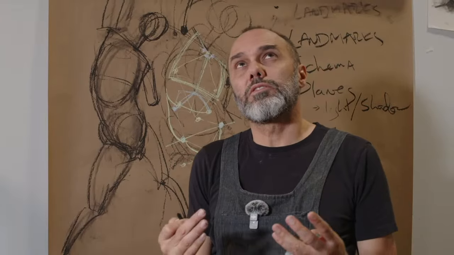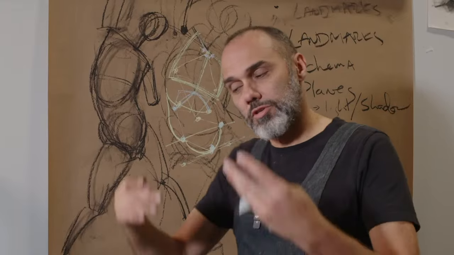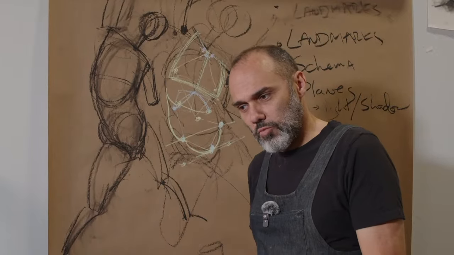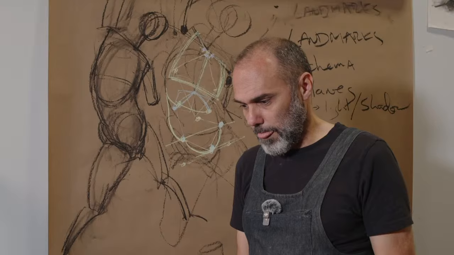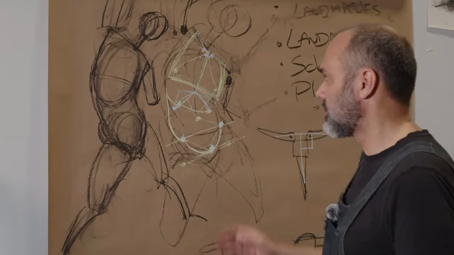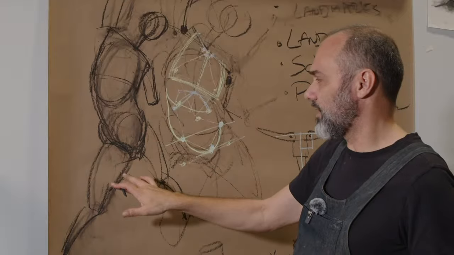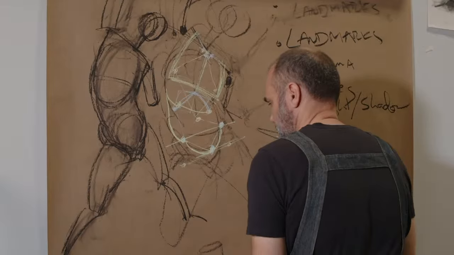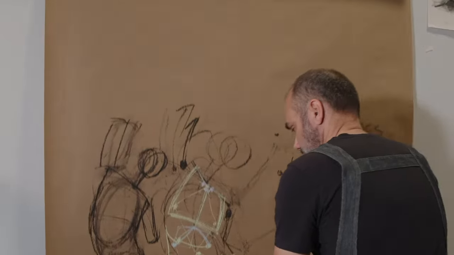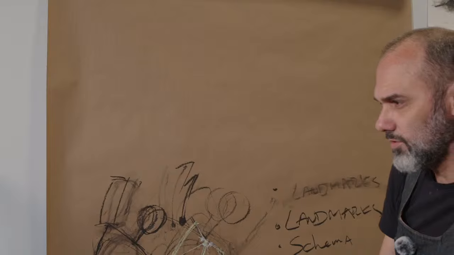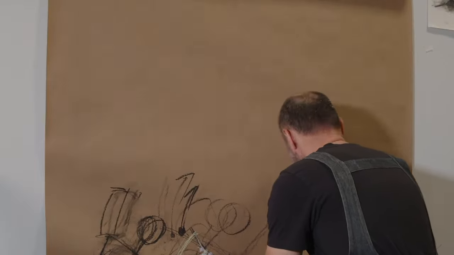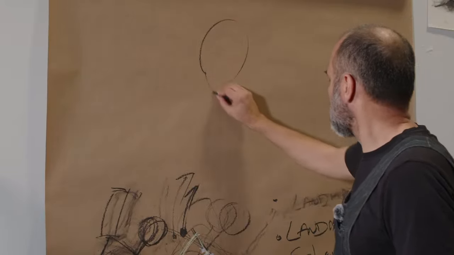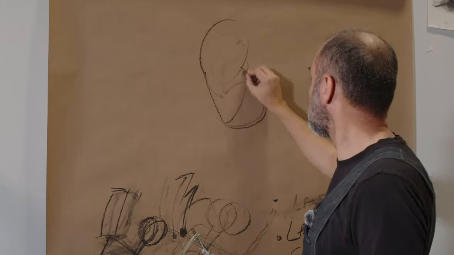But when we're trying to make something, right, whether you're trying to make it from imagination or you're trying to copy it, the most important thing that I want to communicate right now is that you have to be able to kind of see through a figure and try to interpret volumes. Let me see if I can get that down enough. I still got a little. All right, so if we're going to go in, all right, and so I'm going to kind of